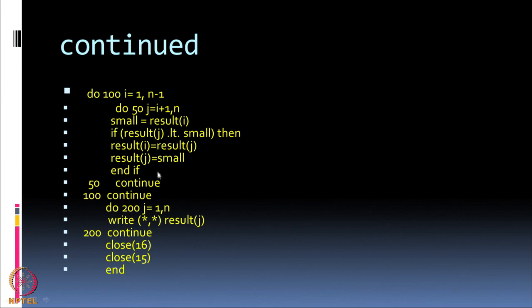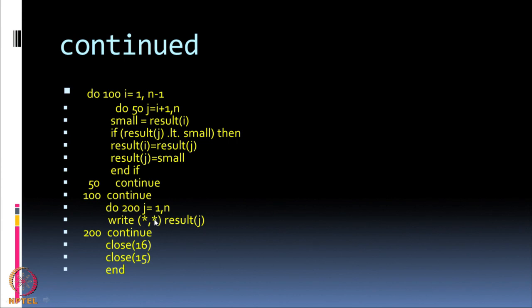So, the loop will end, and what I will do at the end of these do loops is write my result on the screen now. In this case, do 200, j going from 1 to n, write star comma star result j. Instead of writing on the screen, suppose I want to write it in unit 16, I will say write 16 comma star result j. In this way, I will write it in file which is 16. So, instead of just writing in arbitrary format, remember the second star represents a format. Instead of star, suppose I have some format.